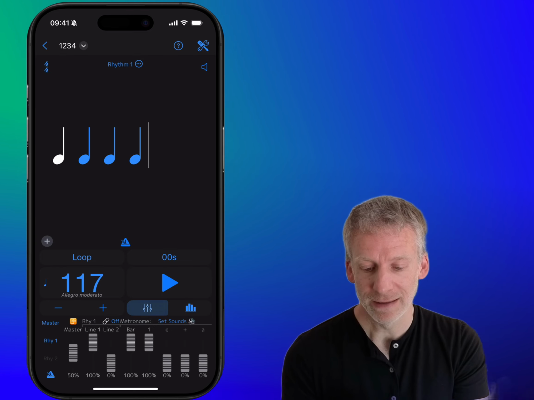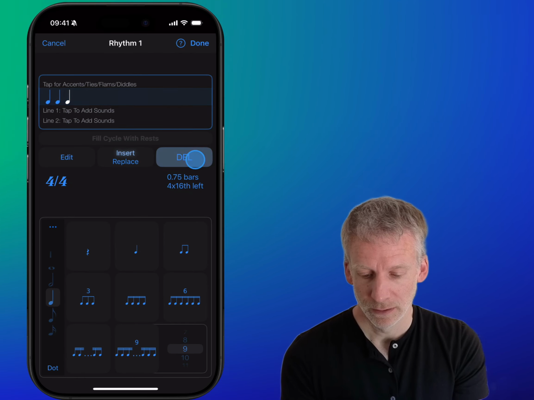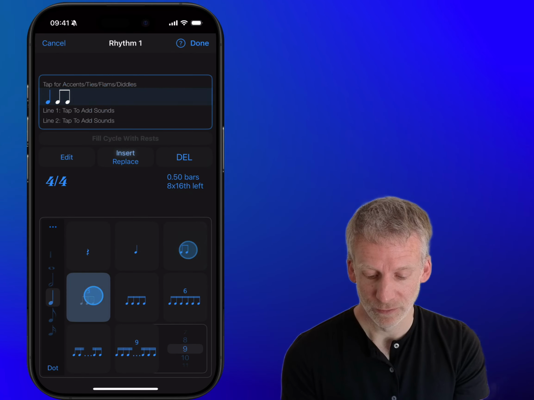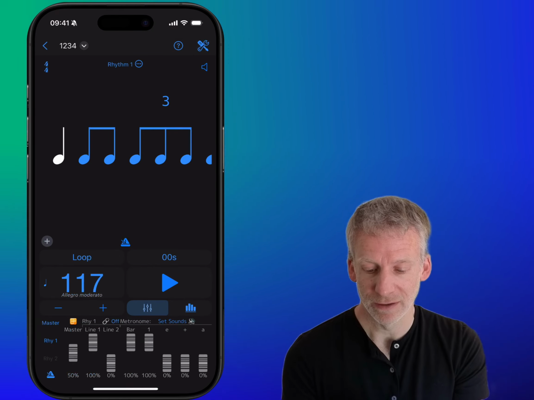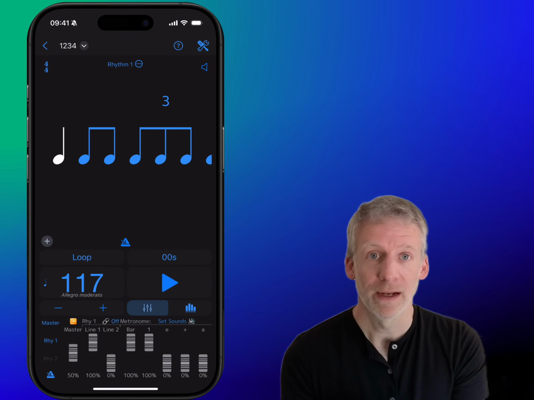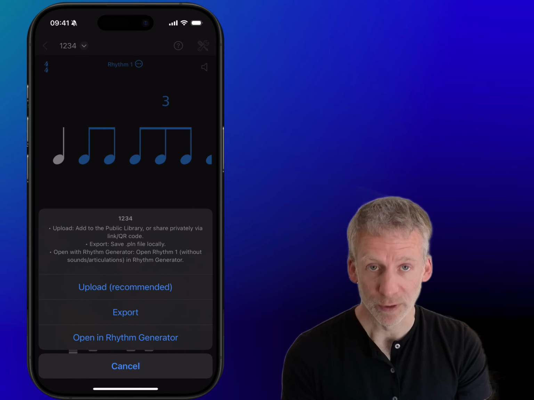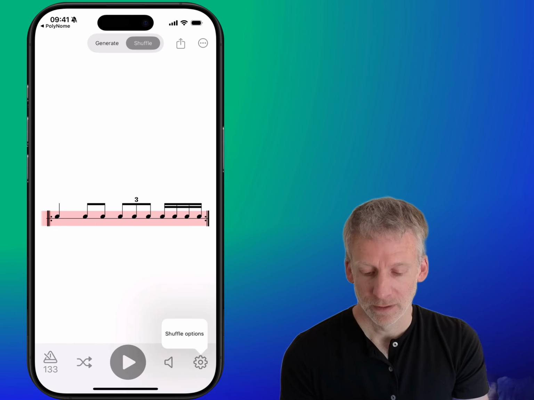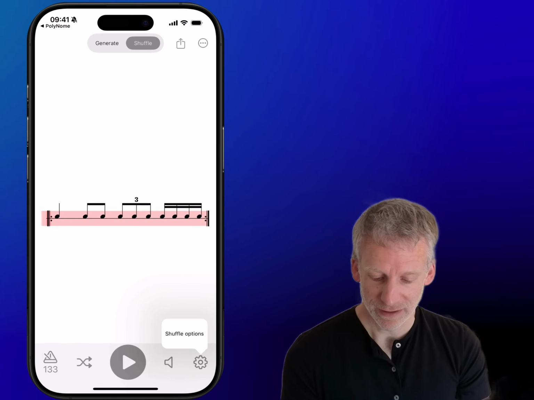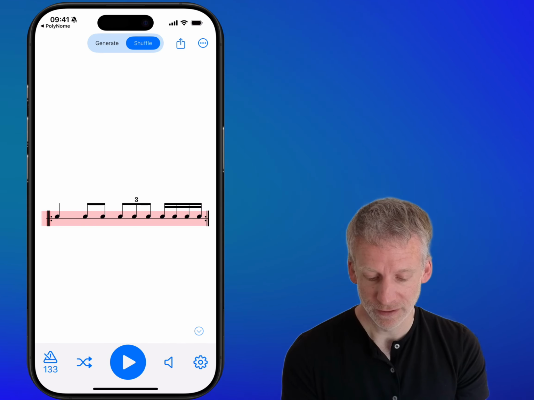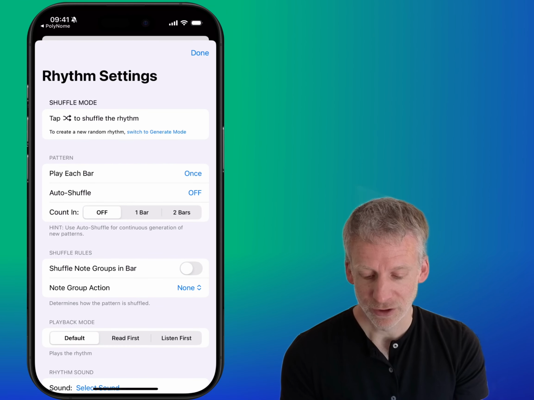And then I will edit the rhythm and I will enter 1, 2, 3, 4. So quarter note, eighth, triplets, and 16th notes. Then I can tap the preset name at the top and share and open in Rhythm Generator. And we have our rhythm in Rhythm Generator, and you can change the shuffle options and choose a note group